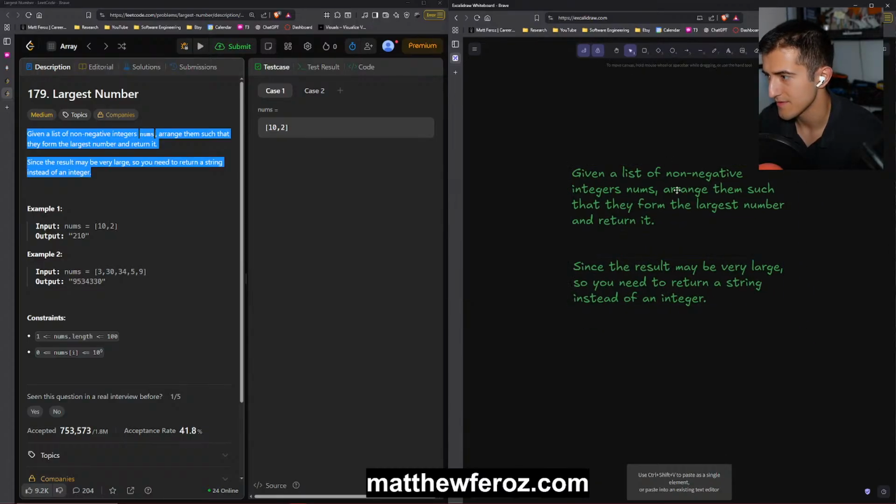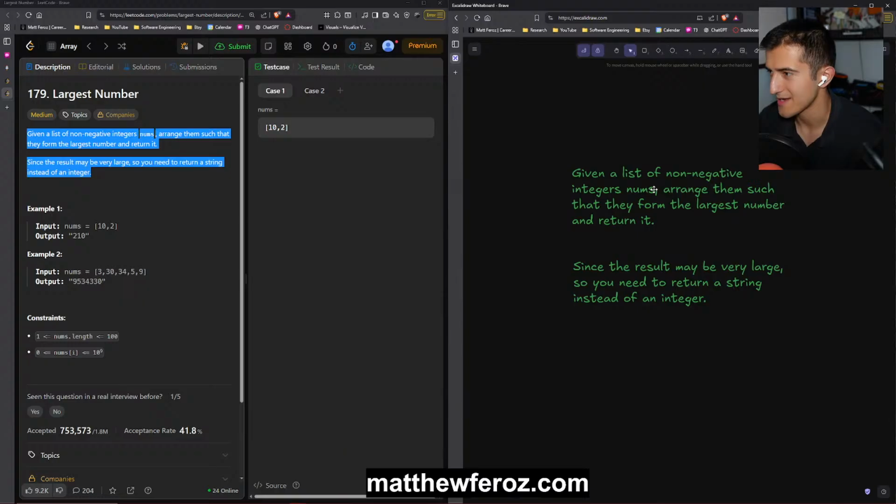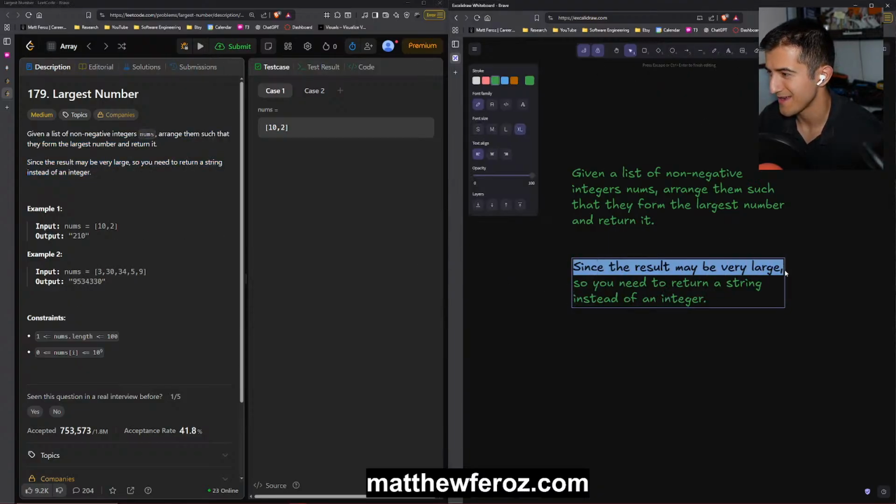I feel like the grammar of this is not right. Is it just me, or does that grammar not make sense? Since the result may be very large, so you need to return a string instead of an integer.